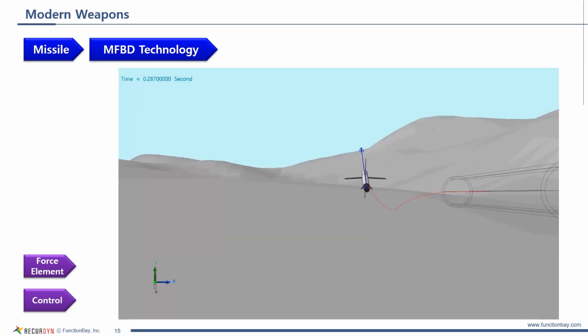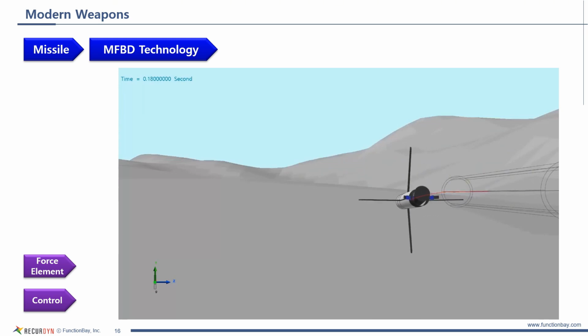First, the key consideration is how to define the lift acting on the missile's wings and the thrust that propels it forward. Then, we test the algorithm that controls the missile with a completed missile dynamics model. In this video, the lift acting on the missile's wings is modeled to be determined by the missile's orientation. This model was simulated using an algorithm that controls both the thrust magnitude and the orientation,